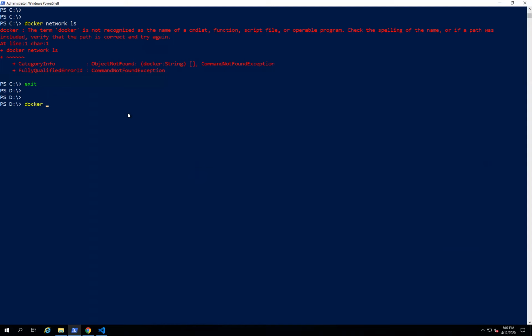Docker stop, docker ps -aq. It will stop all the running containers. And let's remove the containers from the operating system.